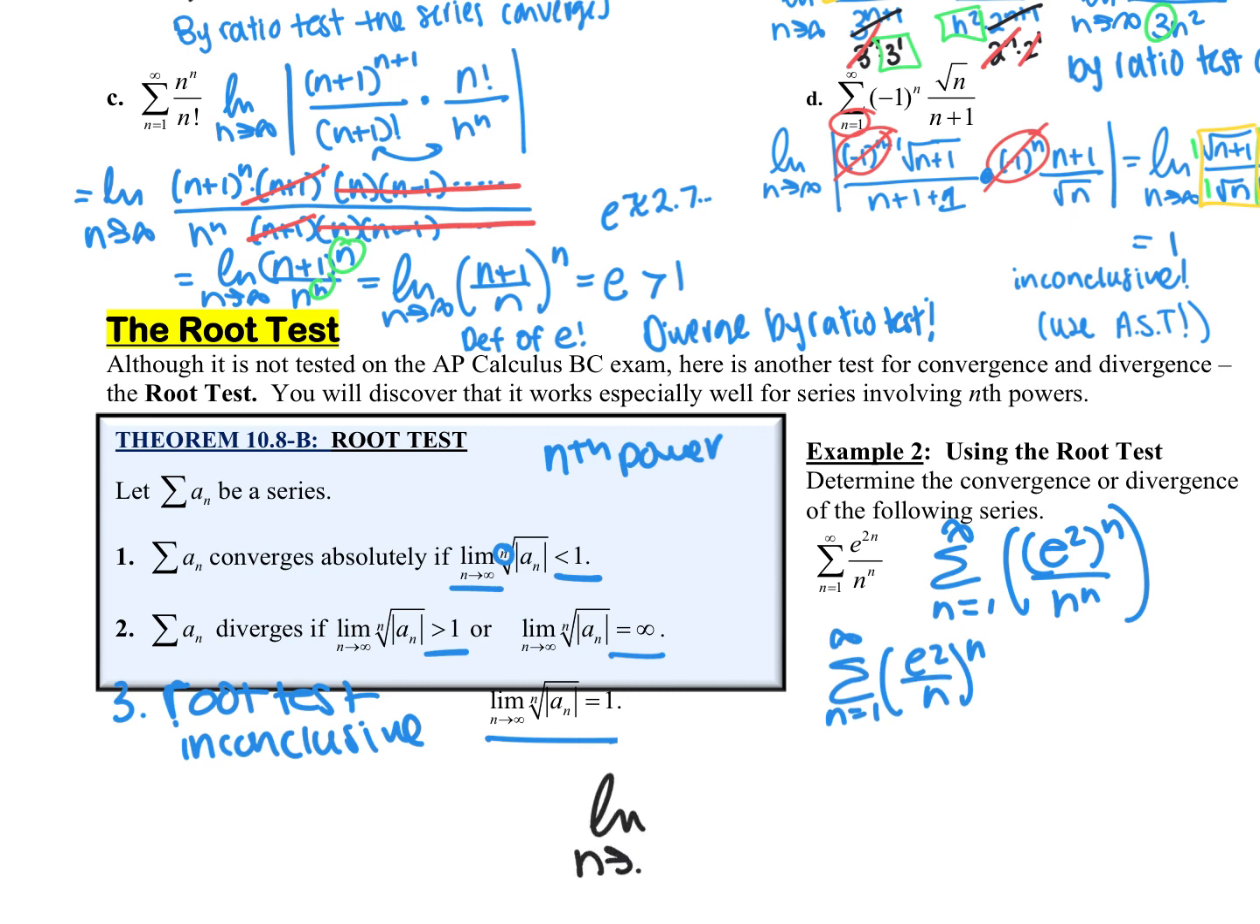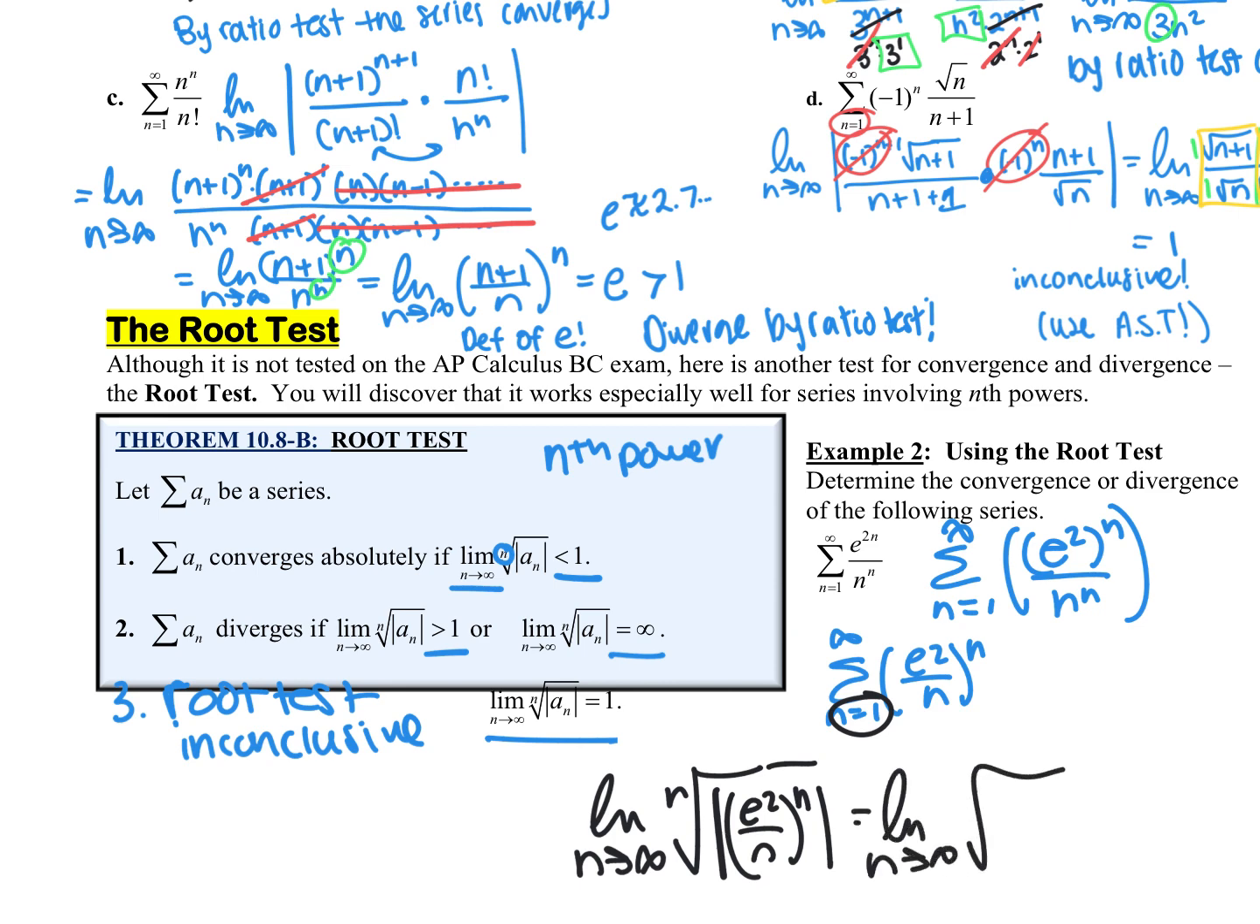So we'll do the limit as n approaches infinity. We'll do the nth root of the absolute value of e squared over n to the nth power. And when we do the nth root of something to the nth power, well, all this is going to be positive as n goes to infinity, because we're going beyond 1, so all of that will be positive. So the absolute value will just disappear. It's not going to really change anything here. So we'll have the nth root of e squared over n to the n, and the nth root of the nth power just cancels out. So we'll be left with the limit as n approaches infinity of e squared over n,